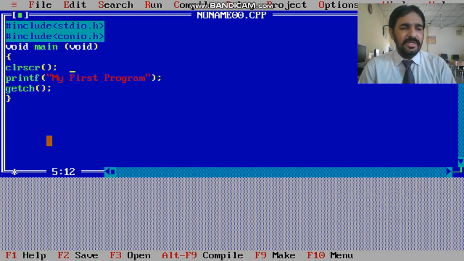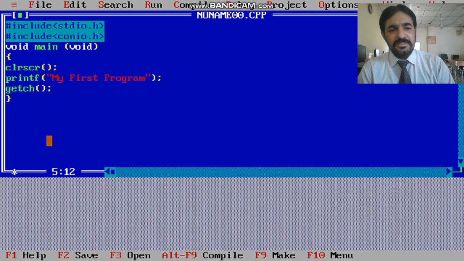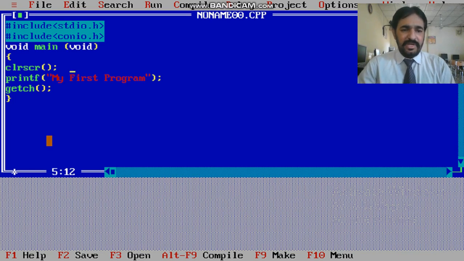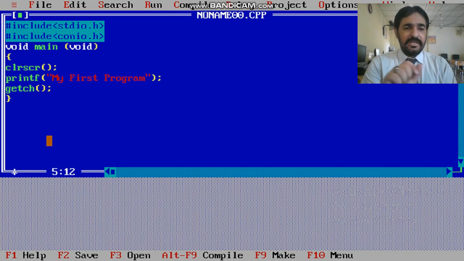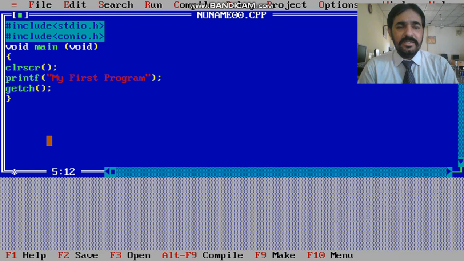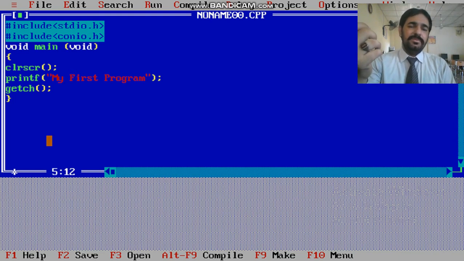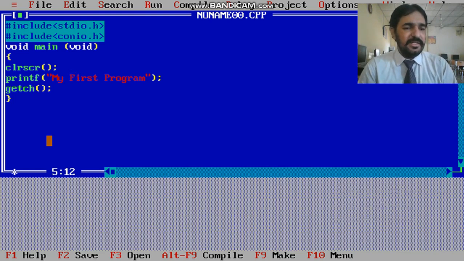Then printf, my first program. In my first program, which is in red color, you may see capital and small letters are mixed. Between the two quotation marks you may add anything, and it will be printed on your screen as it is. Then getch to hold data on your screen, finish your program and run.